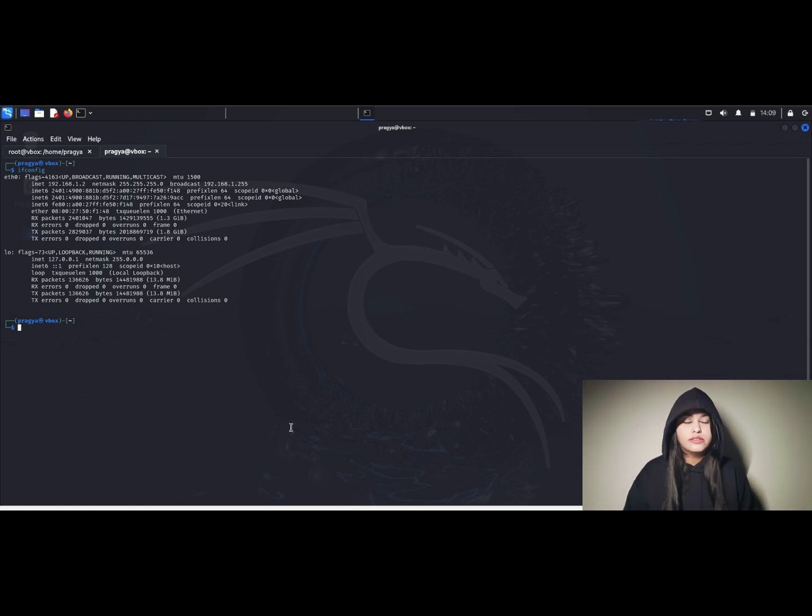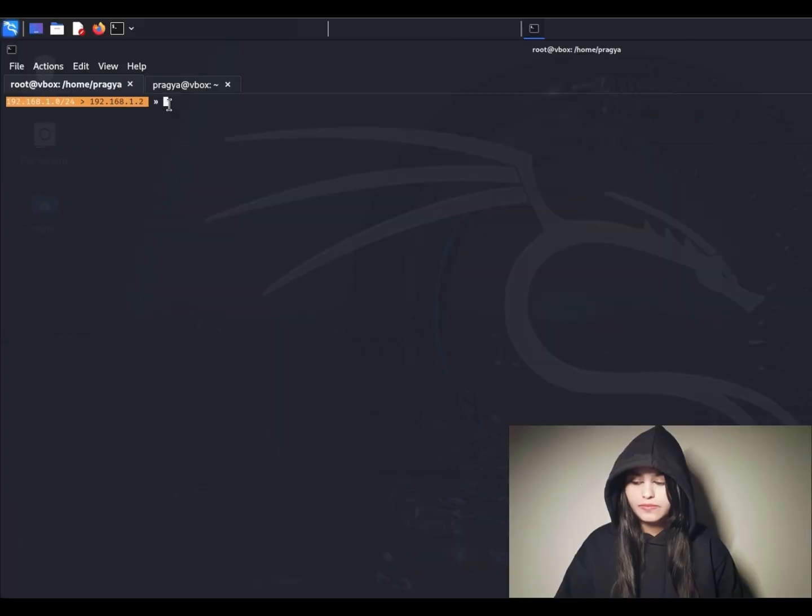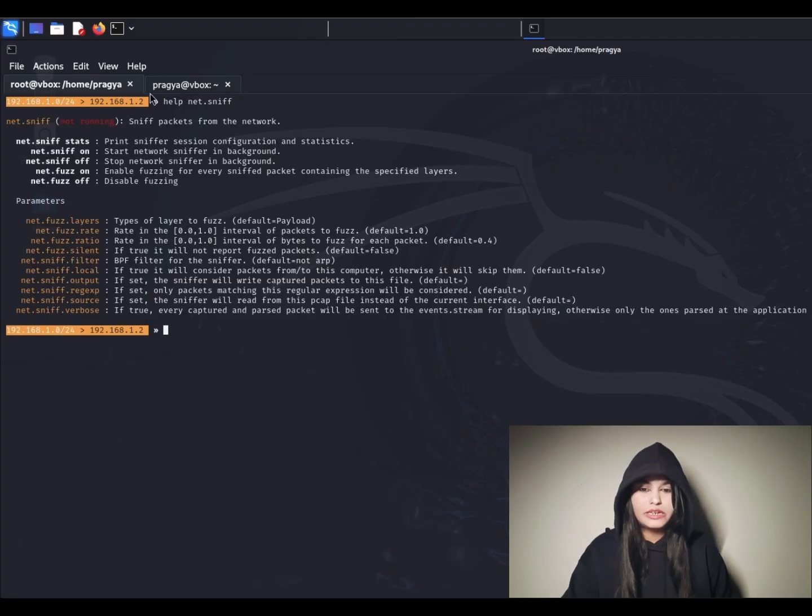I'll be doing this analysis and capturing of the packets using net.sniff, which is part of the modules of Bettercap. Again, I'm going to use a new module, so we'll start with help net.sniff. Right now it's not running. It will sniff packets from the network. These are the different states it has, and these are the different parameters.